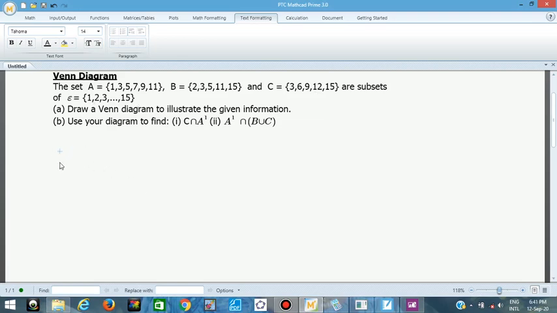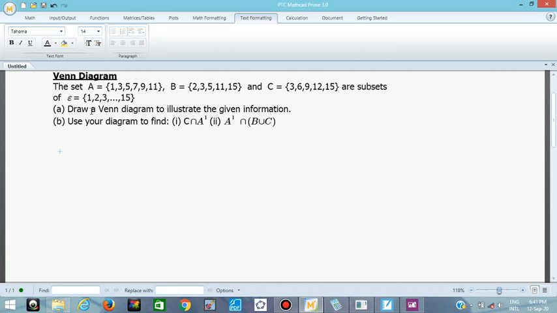Then remember, in this topic Venn diagram, we have three basic operations in sets, and you can see what we are looking for in the question. They say use the diagram to find. So this is one of the operations of sets. It's called the intersection of the set. You can see the small letter n symbol. They will give you the sets, connect it with this small letter n, which is called intersection. Then A raised to power 1 is another set operation called the complement of the set. Then this is union. This is the third set operation. B union C. That is, you combine all the elements in B and C.